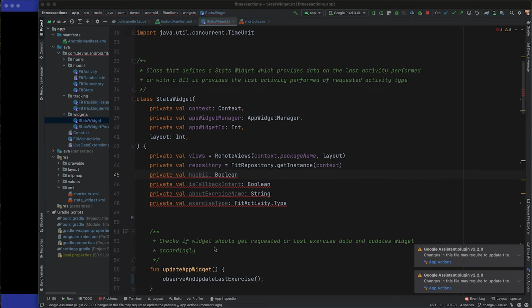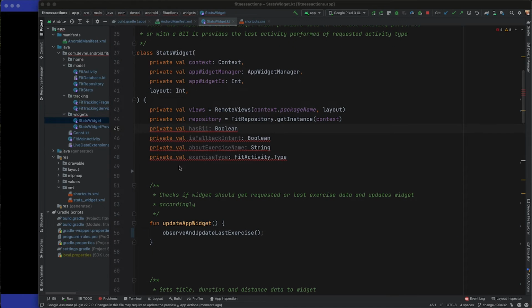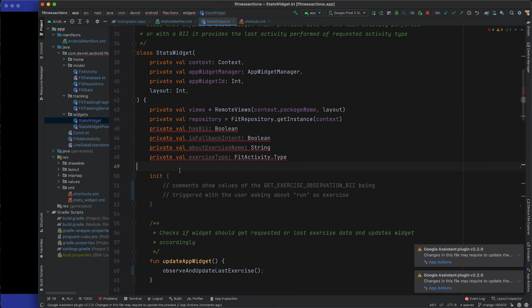Let's walk through the code that initializes these variables when the getExercise BII is being triggered. The example values that you see in the comments below each of the initialization lines assume that the user has asked about the running activity. So first, we initialize the options bundle.